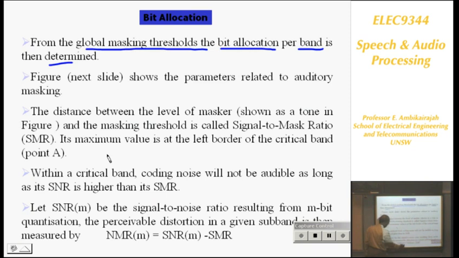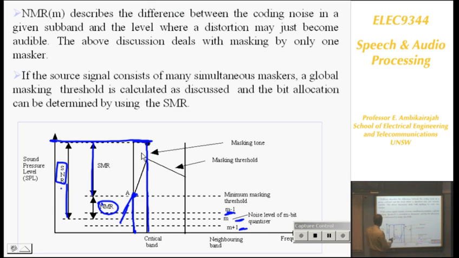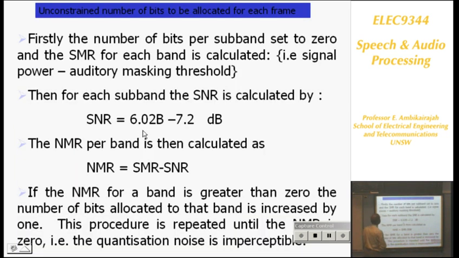Okay. So I'm saying noise masking ratio at one particular level is equal to signal to noise minus signal to mask ratio. This is for one band I'm calculating. Next band. So you have to calculate for all the bands. Once you have calculated for all the bands, now what you're going to say is